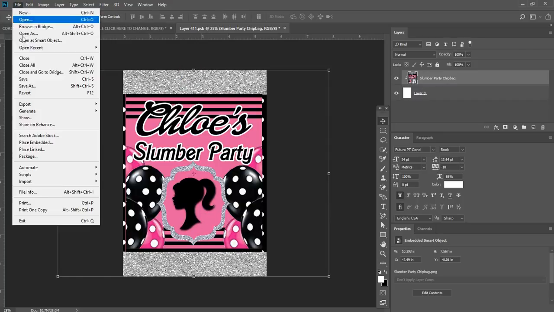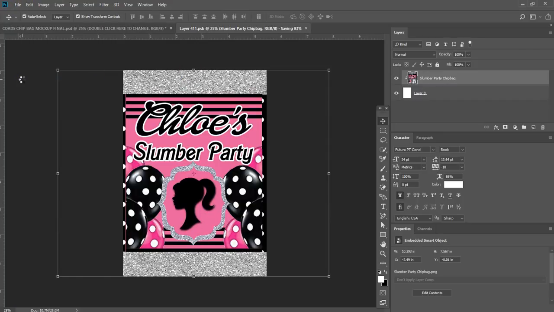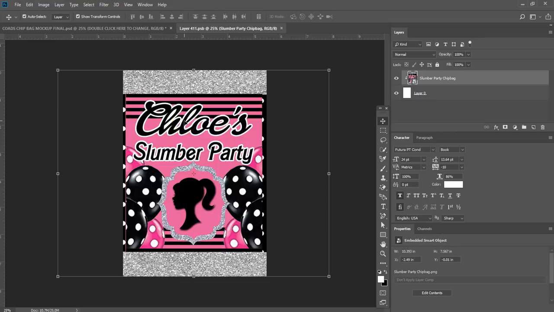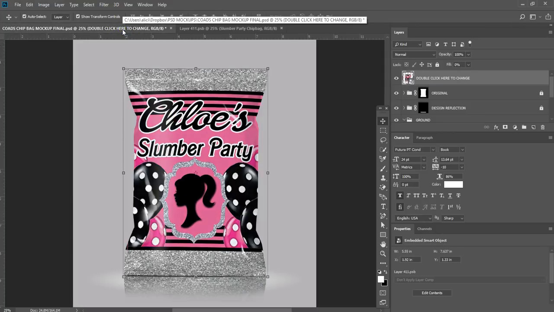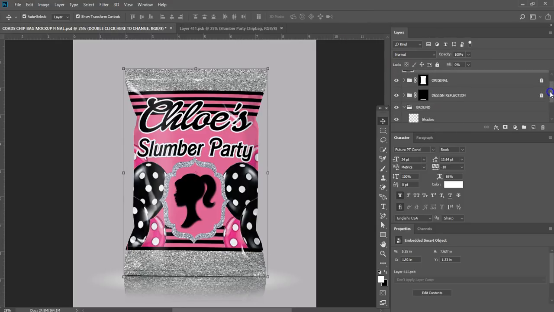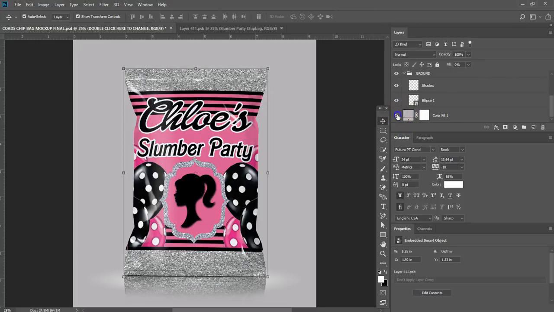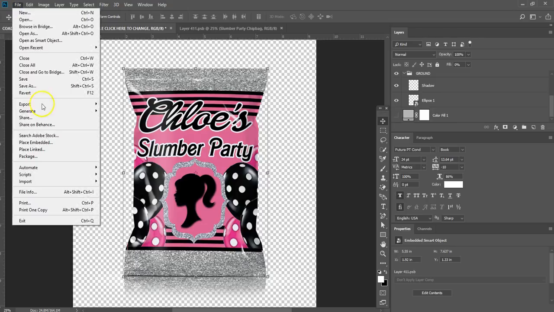I'm going to go File, Save. Once everything is placed and you have it how you like it, just hit File, Save, and watch this. Bam! There's your mock-up. Amazing. You can come in and change the background if you like, or you can remove it. What I'm going to do is hide this, and I'm going to save this as a